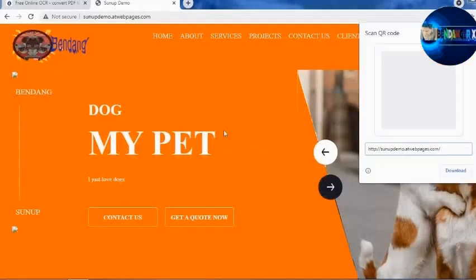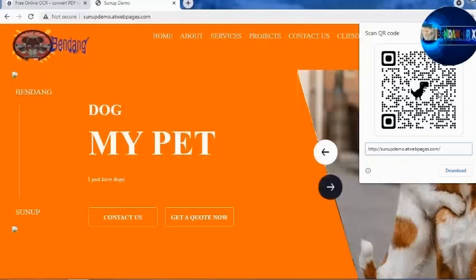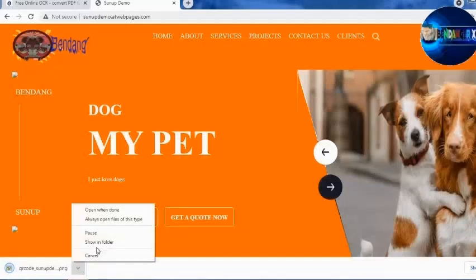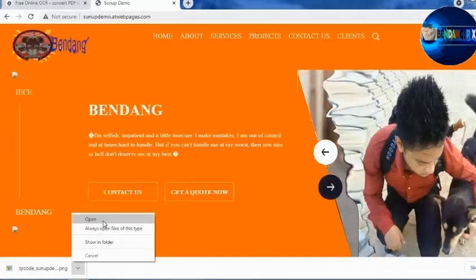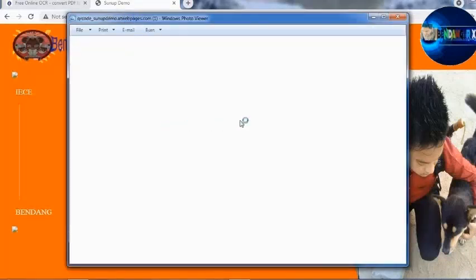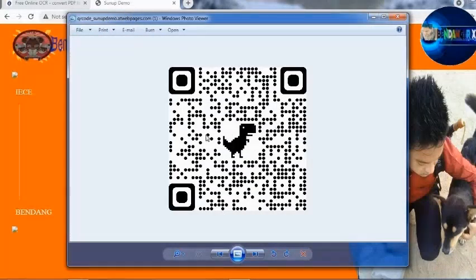So click it out here. Once you click on that, it will come out like this. Download it from here, and then share this barcode with your friends.